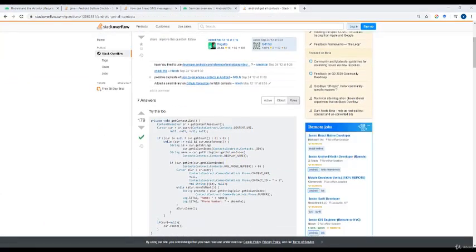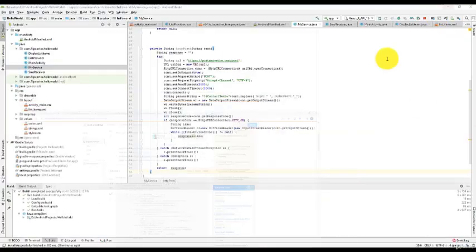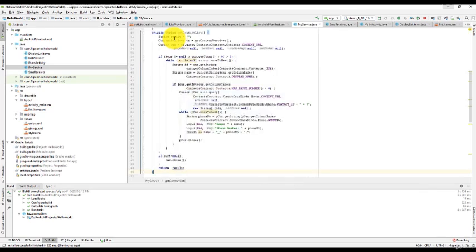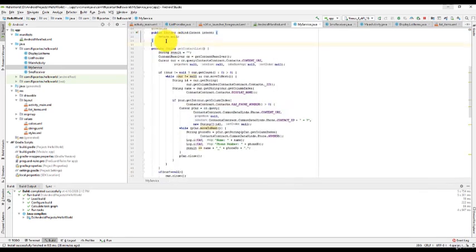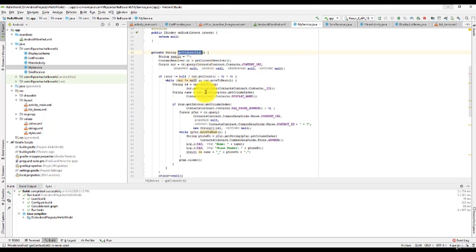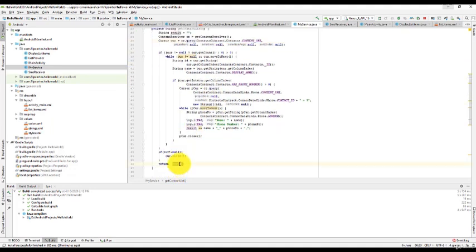So we have a method that gets all the contacts and returns a string with all the contacts. If you look at the code, they're just getting all the contacts. It actually does this using a cursor just like in our content provider, and we return a string with all the contacts. In the HTTP post, we change the parameter name to contacts.